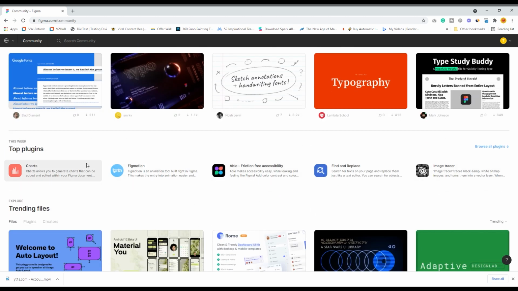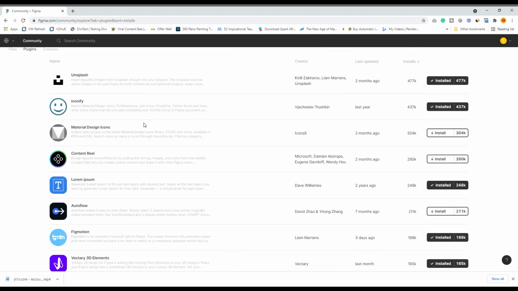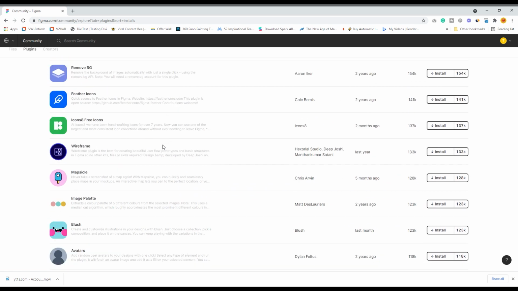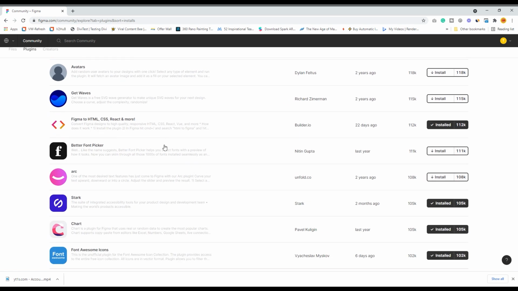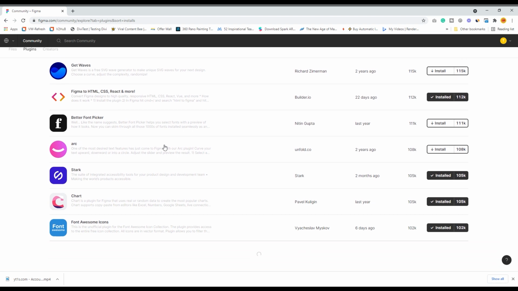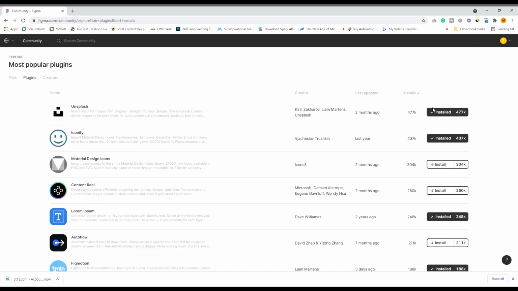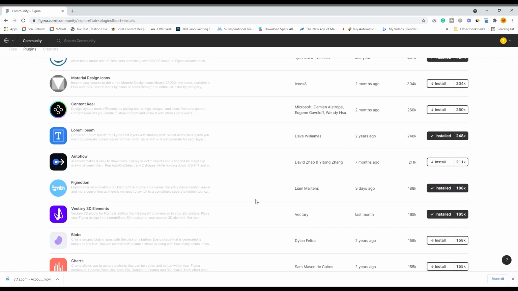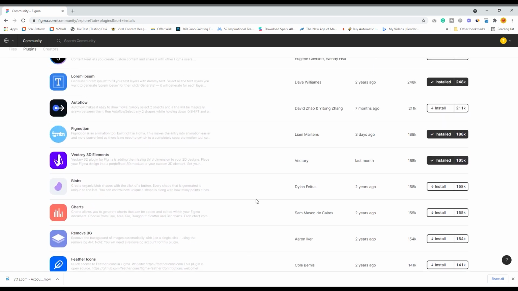This is a very important thing which is always growing. It is the plugins that you can use in all your Figma projects, and it is continuously updating week after week, almost every day. So if you see all the plugins, you can see the list of a plethora of plugins that Figma provides to the UX and UI community. And this black thing shows that these are the plugins that I've already installed in my Figma projects.